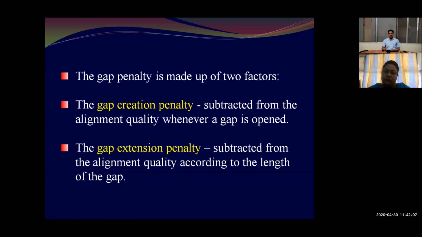If that happens, it is a rarer event, and therefore there will be more deduction of the quality score or the similarity score. They are more dissimilar. So we have to have two types of penalties for the creation of gaps. One is the gap creation penalty, when a gap has to be inserted, and secondly the gap extension penalty, if a gap has to be extended at a particular position. How many times is the gap extended? First there will be one penalty for creation of the gap, and then another penalty for extension. That means the gap creation penalty multiplied by how many gaps are created will be the total score for gaps.